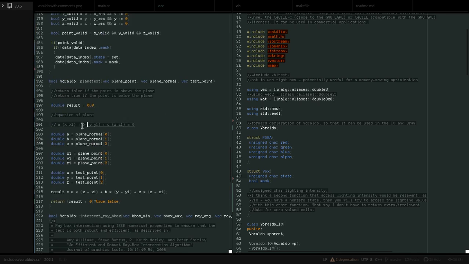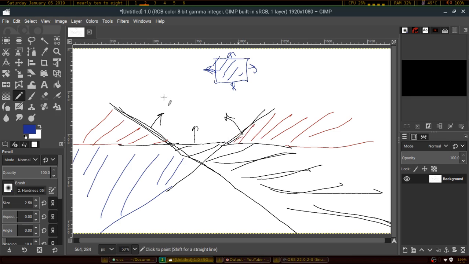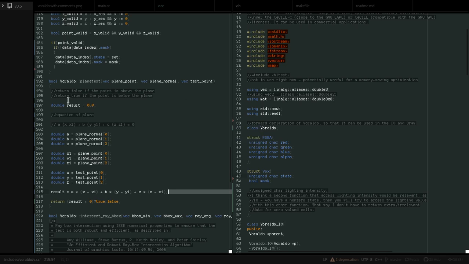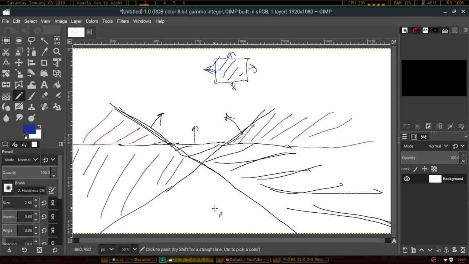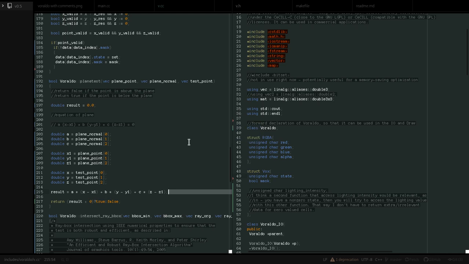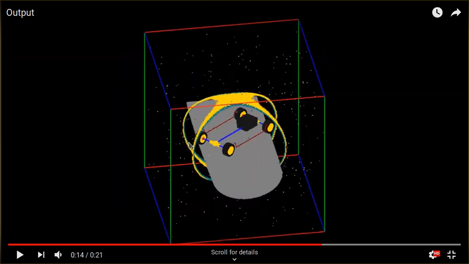Yeah, so this is the equation of a plane. And then I do it just like that. Test the test point against the plane's equation, and I return a result, true or false. False if the point is above the plane, up here. True if the point is below the plane, down here, inside. Okay. So by doing that 12 times, we're able to establish that hexahedronical shape,